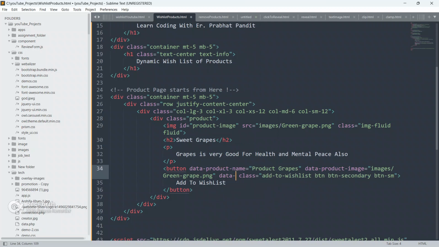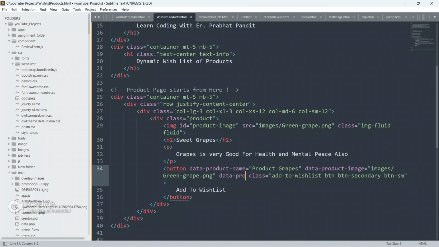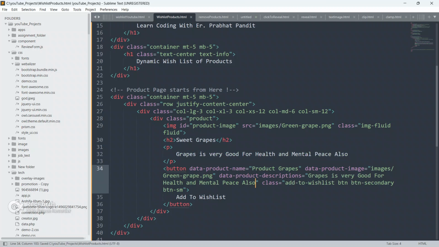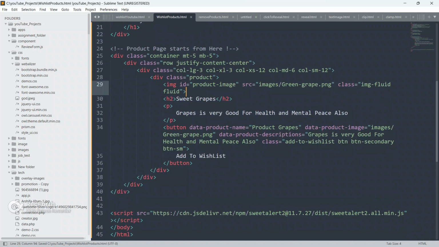So data-product-descriptions equal to, I'm gonna write some descriptions. So I'm gonna copy this product descriptions from here only, and I'm gonna paste it here.